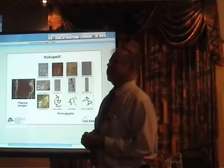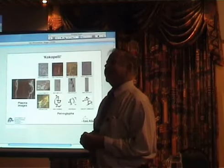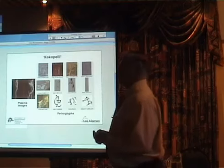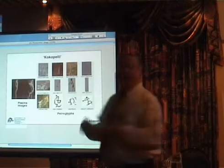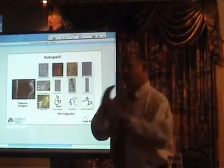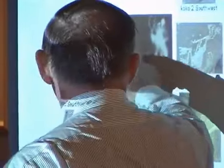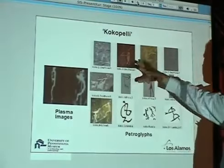Also in places like Afghanistan and other places around the world. He's generally considered a mischievous sort of figure in Africa, playing a flute. And it may be a flute, it may be something else. It depends on how the culture interpreted what they saw in the synchrotron light in the very bright aurora coming into the sky. Here are the plasma images of the flute-playing figure, and this is from the American Southwest here,